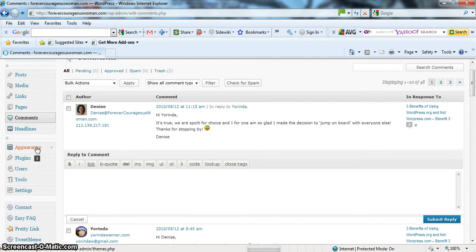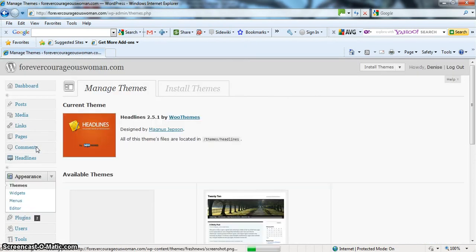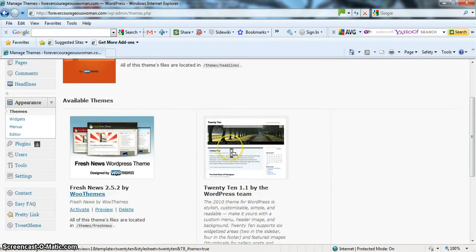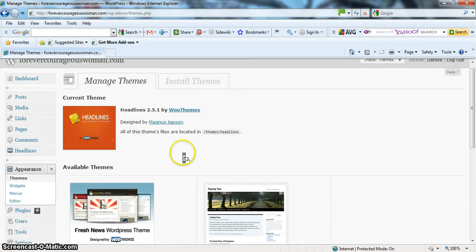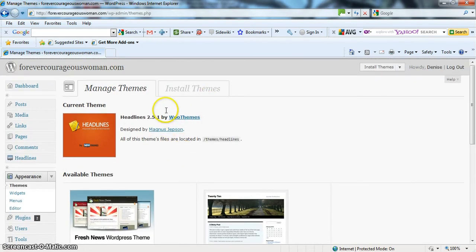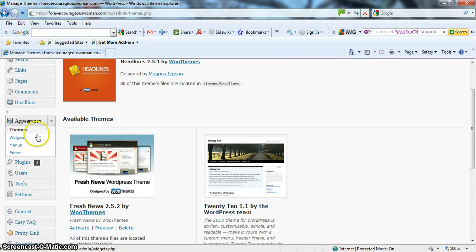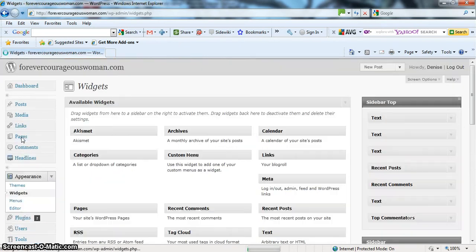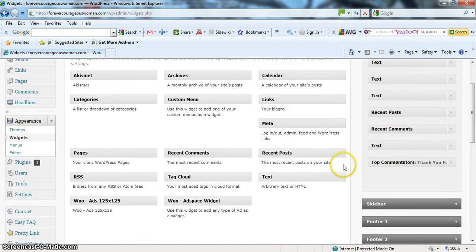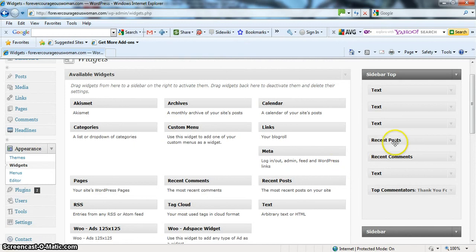And appearance, you can change your appearance here. So I have headlines by Woo Themes, and also the widgets. That's another important thing. Widgets are what you see in the sidebar. So as you can see, my widgets, I've got the recent posts, I've got recent comments, top commentators, and